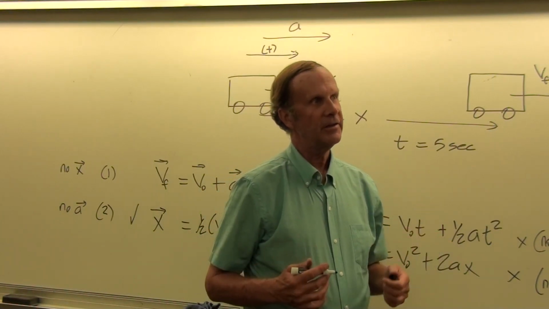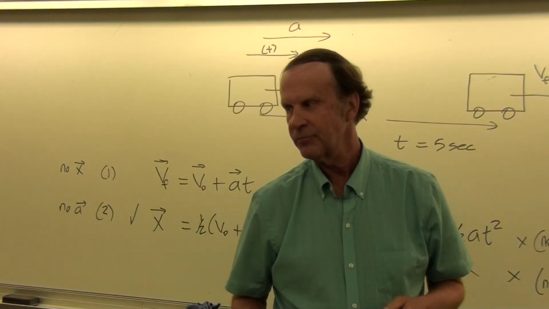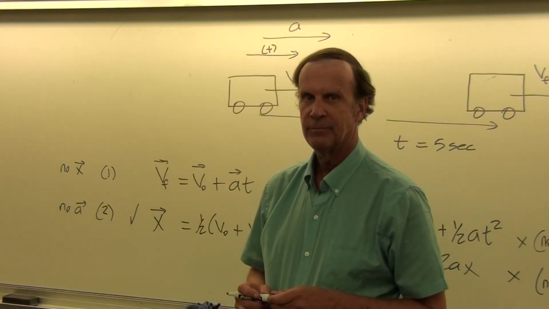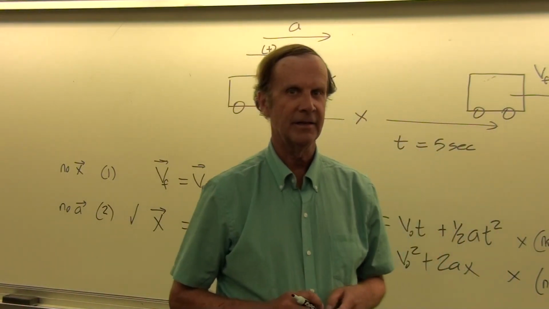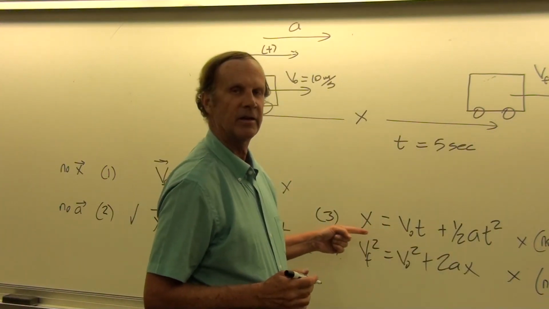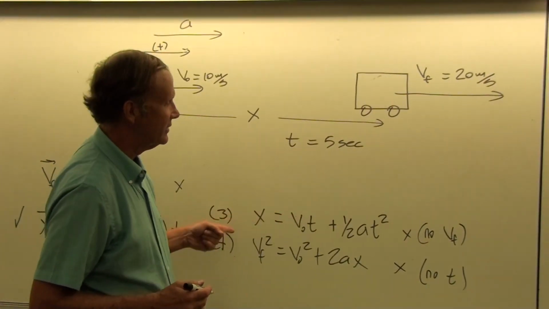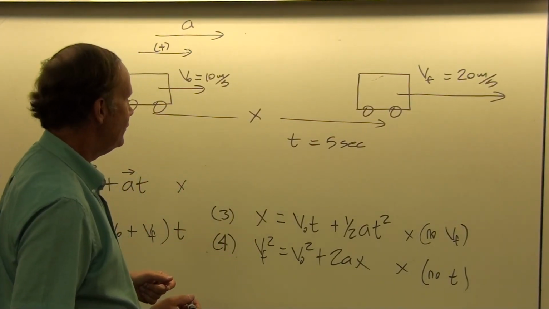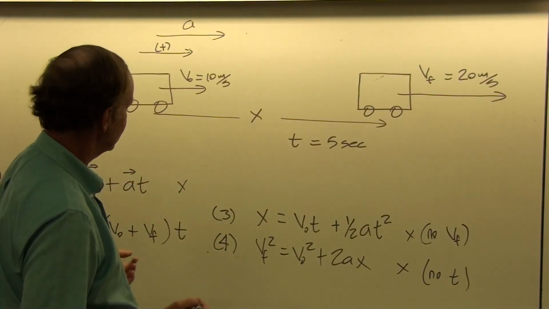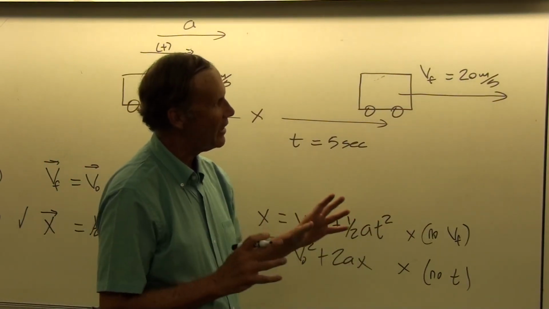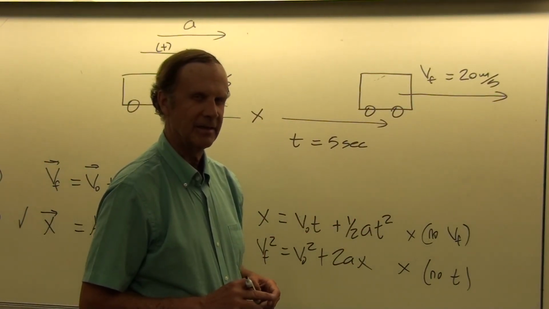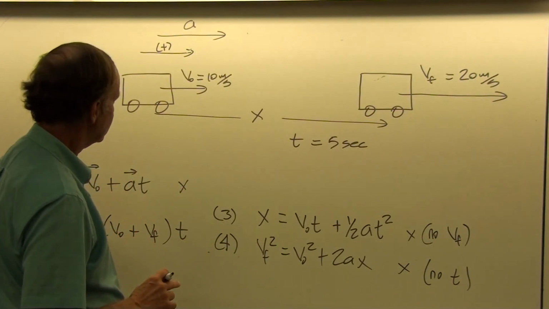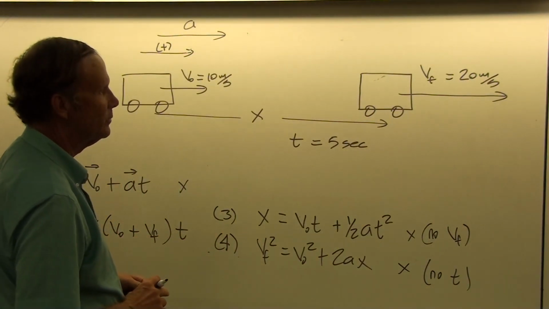Now, if you go to Las Vegas and each time you go, you win because you're so incredibly lucky, then you can just randomly choose whichever one of these equations you want, and you'll always get it right. Okay? But if you have normal luck, like the rest of us, then it might be nice to have a system for finding which of these equations will get you to the right answer with a minimum amount of